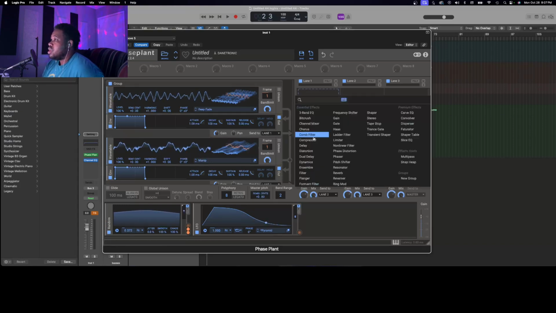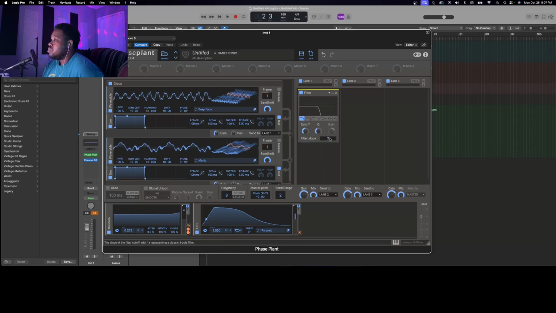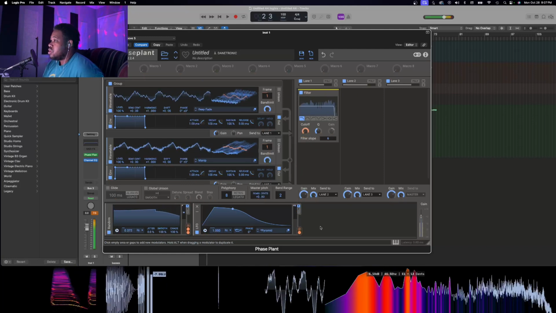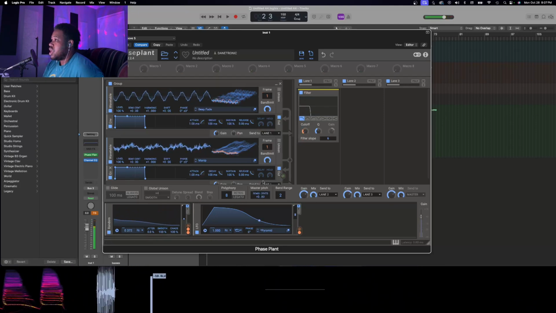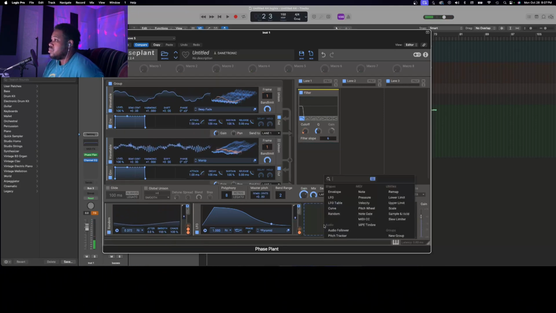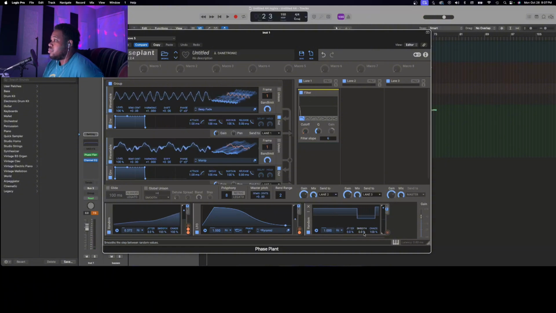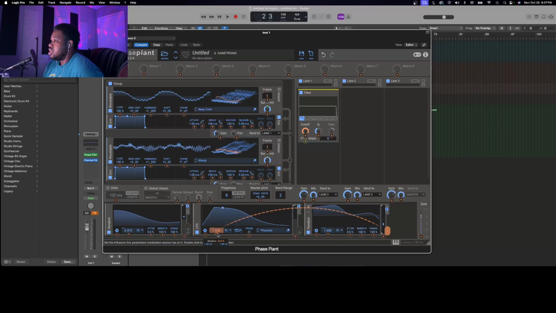Okay. And we're going to go to our first lane, and we're going to get a filter. We're going to turn the filter scope all the way up to 6, turn the cutoff all the way down, and we're going to modulate the cutoff. Like that. Then we're going to get another random, smooth them out, and we're going to modulate the rate of how fast